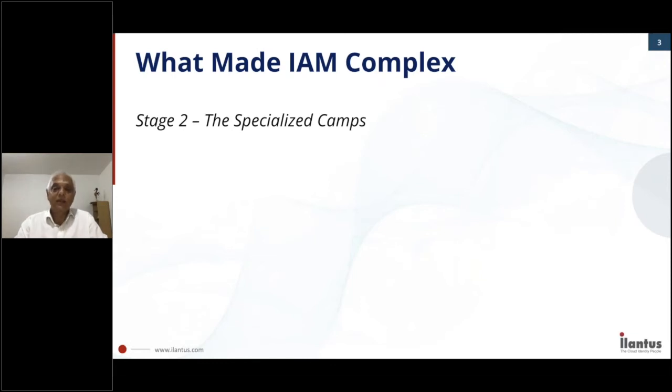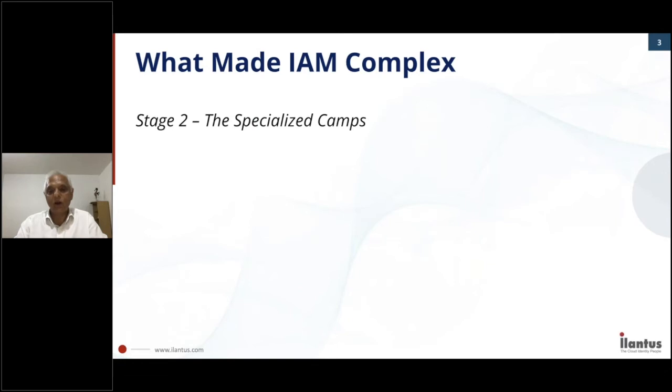That perhaps made things even more complex from a customer point of view, because this is what I would call the stage of specialized camps. Now let's see what happens. As opposed to large organizations acquiring small companies and offering diverse products as one single suite, which could not integrate with each other and thereby made things complex,